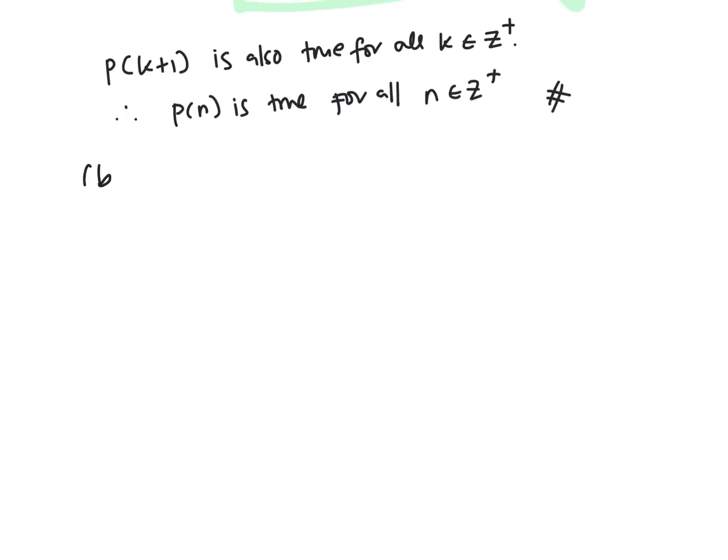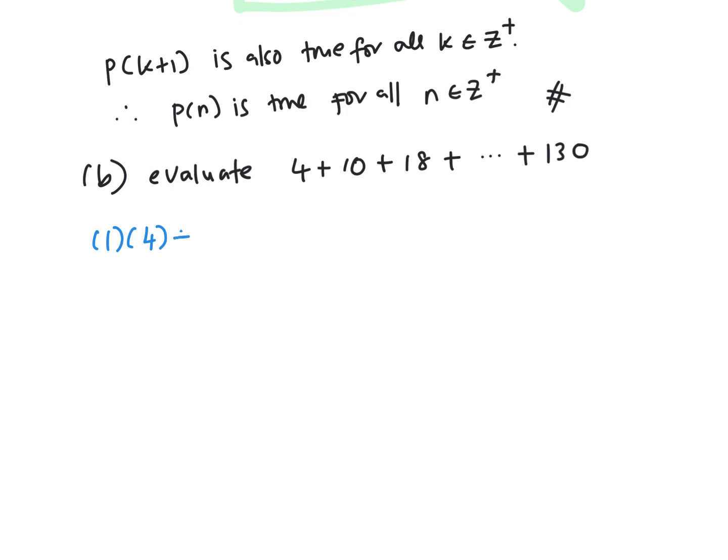Okay, second question B given is, by using the result in part A, evaluate. Okay, so the question asks you to evaluate 4 plus 10 plus 18 plus until 130. Okay, so you want to evaluate this using the previous result. So the information given in A, so I will rewrite here, is 1, 4, 2, 5, 3, 6 until